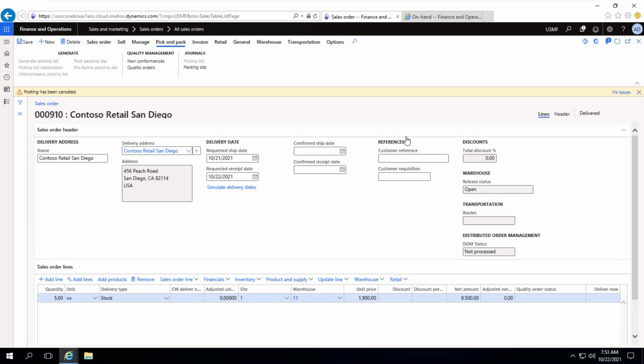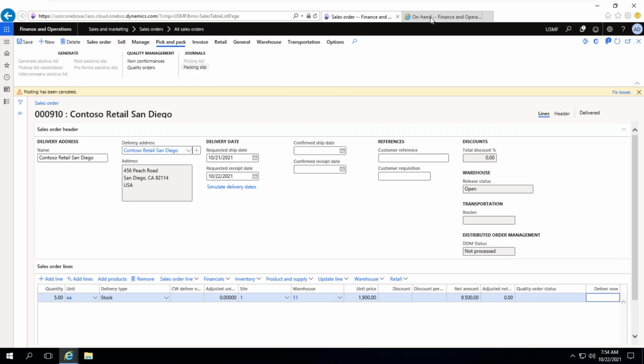Let me verify. It is updated actually. So the error message is, we have cancelled that message. That is the warning message only. Printing related information not required. Now packing slip is updated.